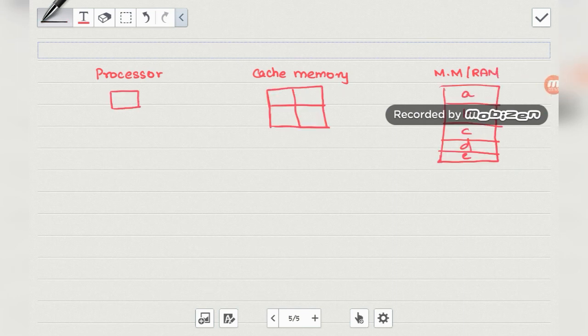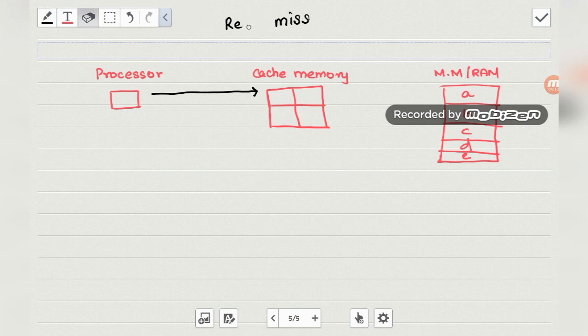If the processor requires a value, it will first check the cache memory. If it is not present in the cache memory, it is a read miss. It is trying to read a value, and that value is not present in the cache memory, so that is known as the read miss.